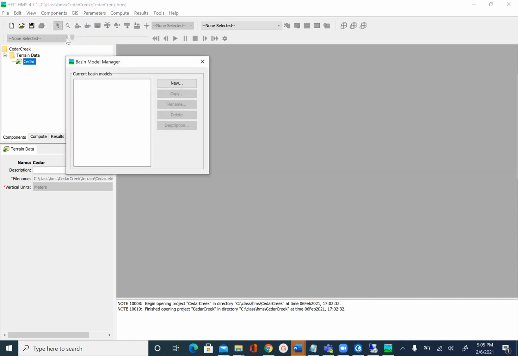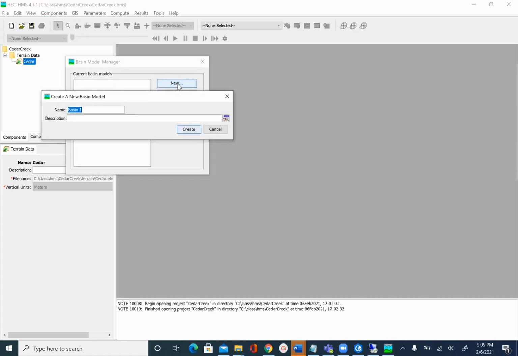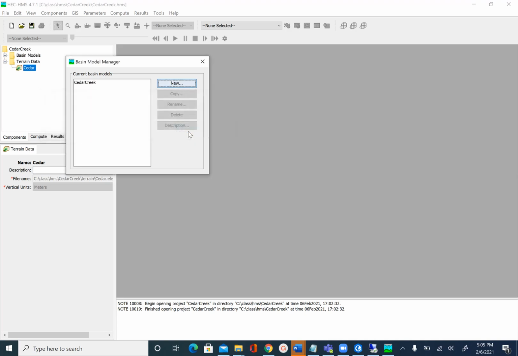Cedar Creek. So to create the basin model, we'll again go to components. So now we'll do basin model manager and say new. So we will again name this as Cedar Creek, and description is again basin model for Cedar Creek. Create and close the window,